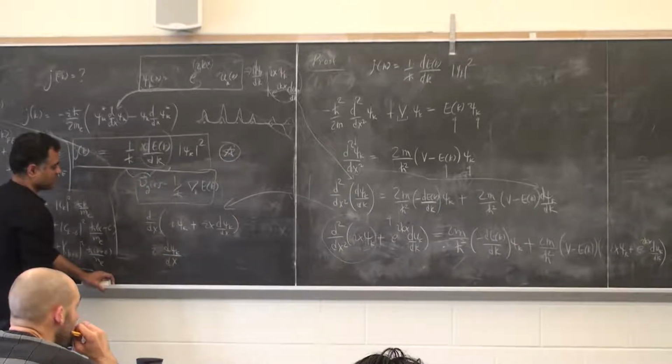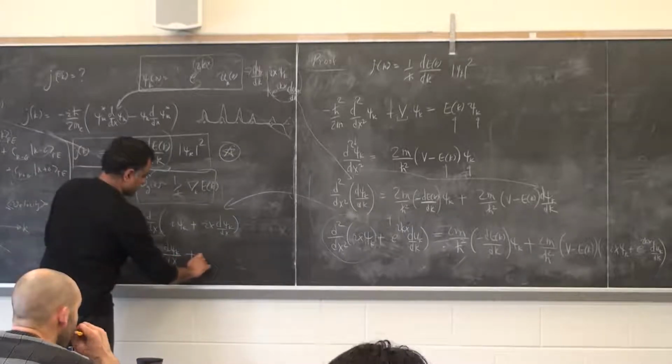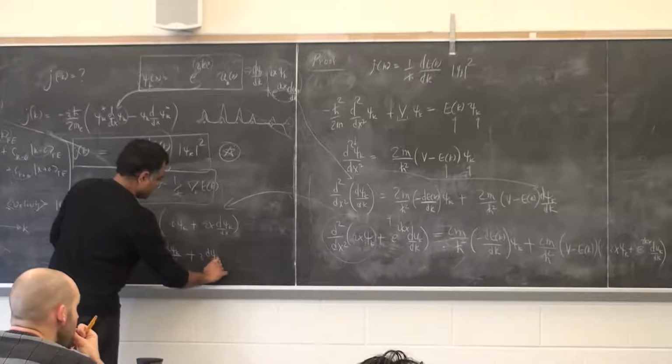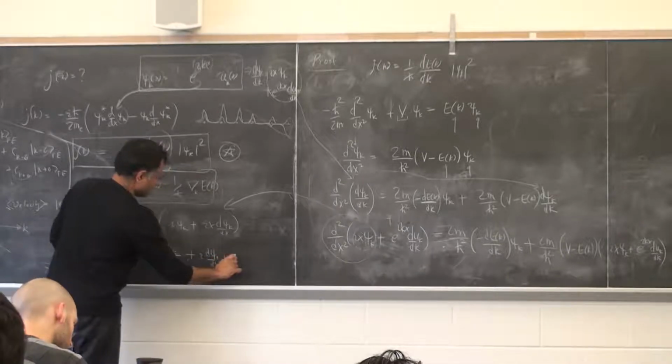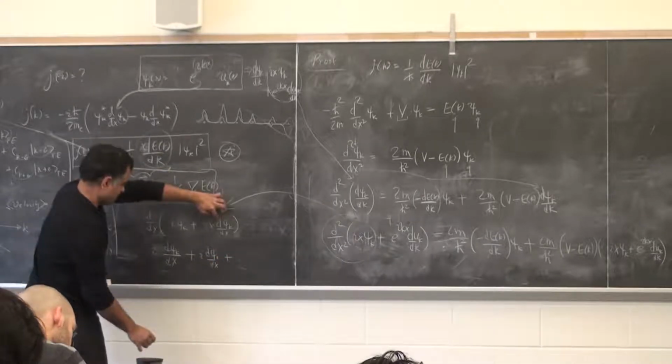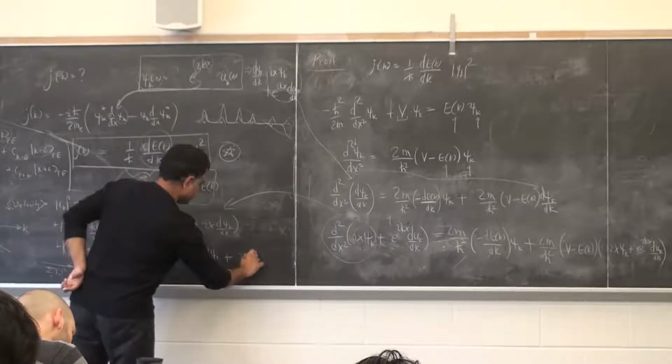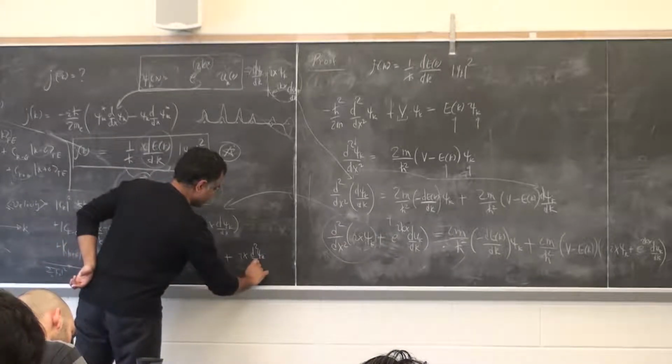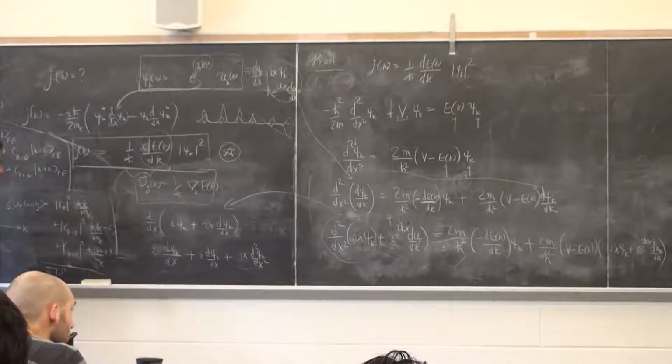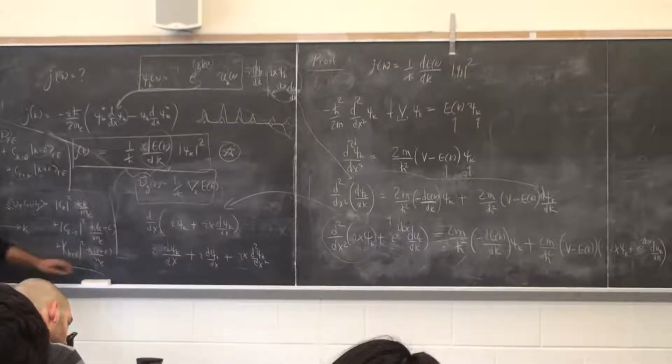I times d psi by dx plus I times d psi over dx plus I x d2 psi dx squared. This is what you'll get. In fact,